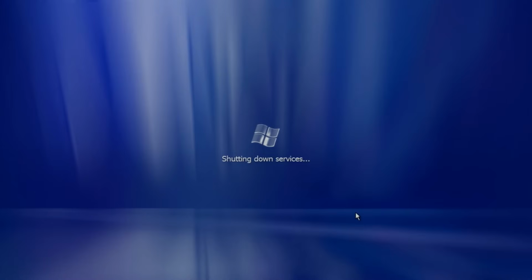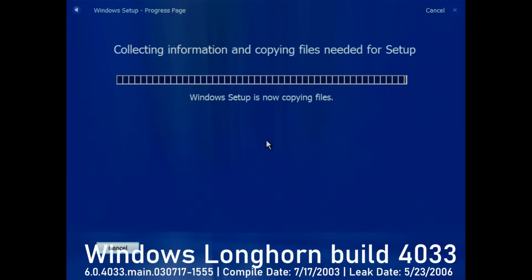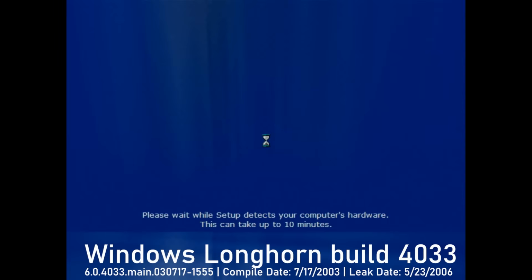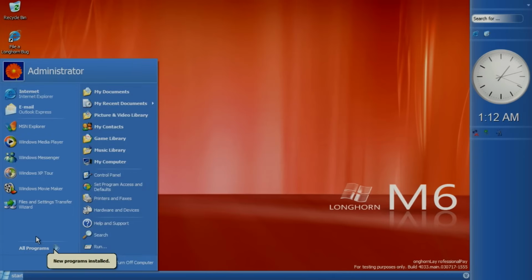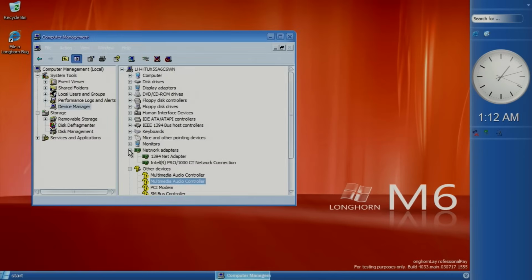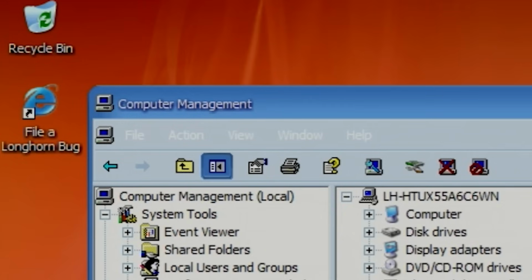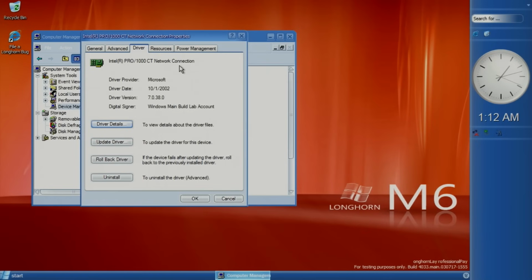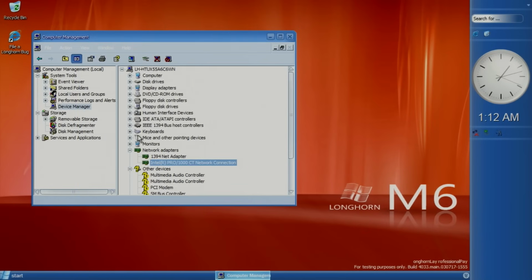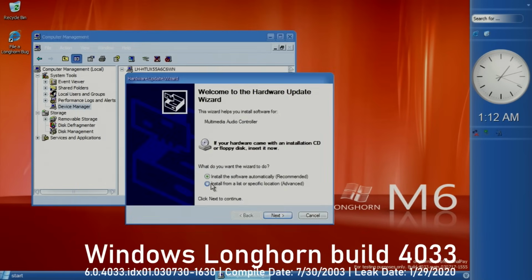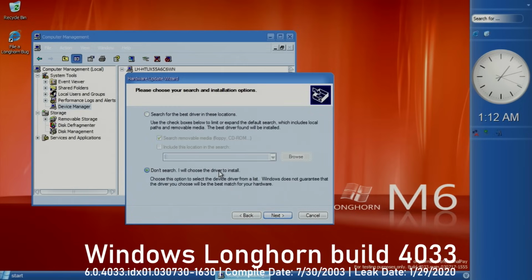The first main branch Milestone 6 build was 4033, which was compiled on July 17th and was leaked in 2006. And once again, not really anything obviously different, except another computer-specific thing, the drivers for the Intel Ethernet controller are now included out of the box. Also, there's some weird problems going on with the icons on the desktop. It's refreshing very rapidly. Before I move on, there was actually another 4033 compile 13 days later on July 30th,